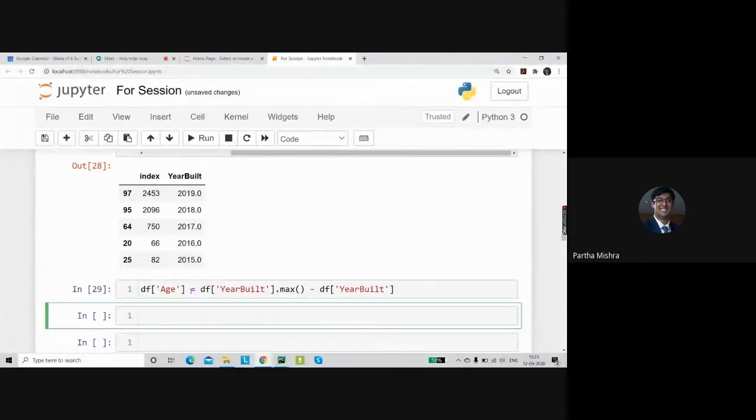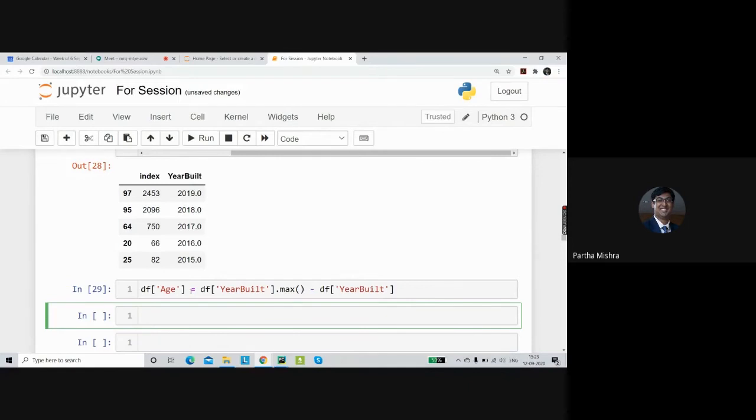The next thing we can create is, let's say if the age of this particular building is more than 50 years, that is with respect to 2019, if the building is more than 50 years old, then let us call that either historic, or we can call it contemporary.